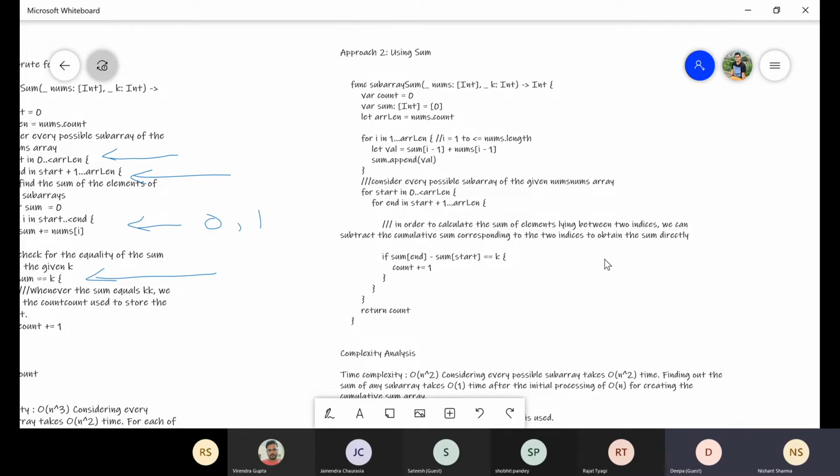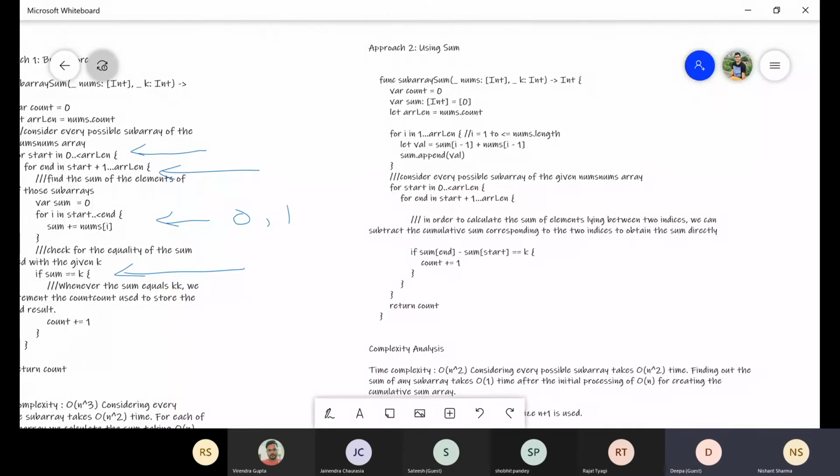Let me try to explain with the coding part. In the first for loop, we initially define an array sum in which only one element is there, which is 0. We assign it 0 only, and we will utilize this information to calculate the next sum for all the elements.